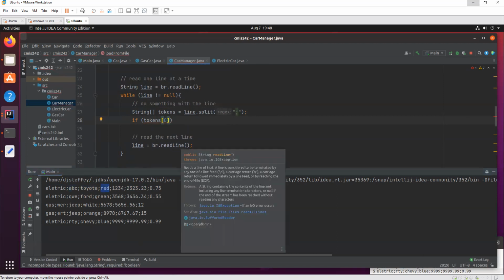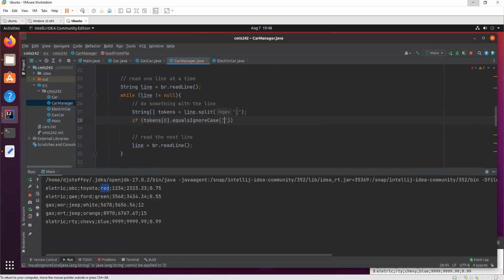If that first token is electric, I want to load as electric car. Else, if this token is equal to gas, then we want to load as a gas car. Okay.